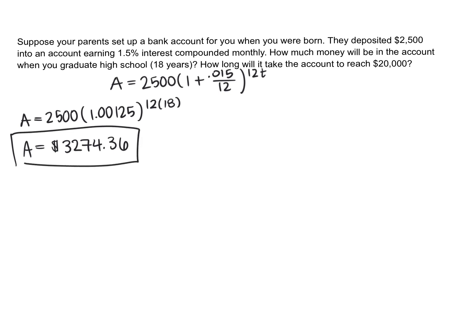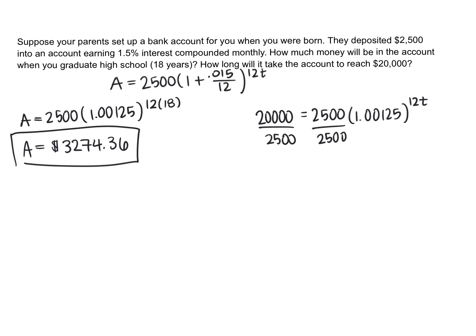So our second question is, how long will it take the account to reach $20,000? Obviously, it's going to take longer than 18 years because we know after 18 years it's only at 3,200. So it's going to be a very large number. So we'll have 20,000 equals 2,500, and then our 1.00125, and then our exponent 12t. So my first step is to divide both sides by 2,500. And then we'll have 8 equals 1.00125